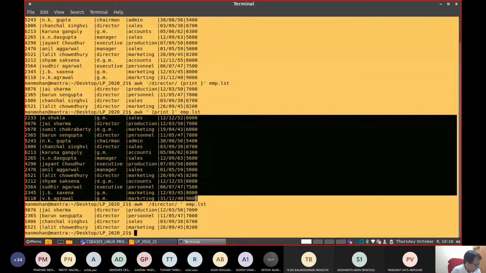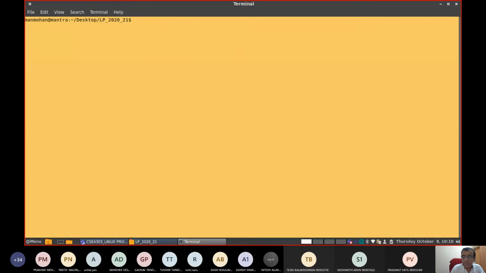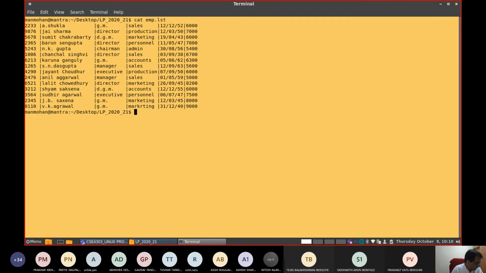Then similarly, you can go for different kinds of pattern matching also. For example, look into these details. For your reference, this is the complete data file. Now from this, assume that you want to display all the users having the surname Saxena.